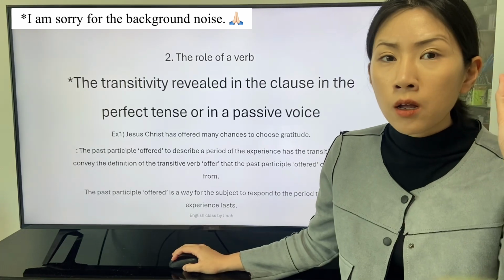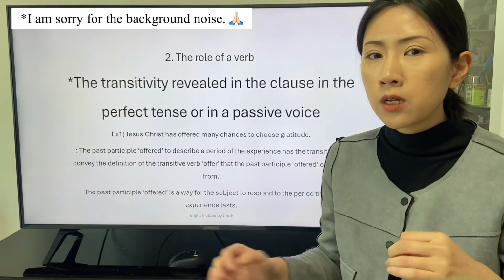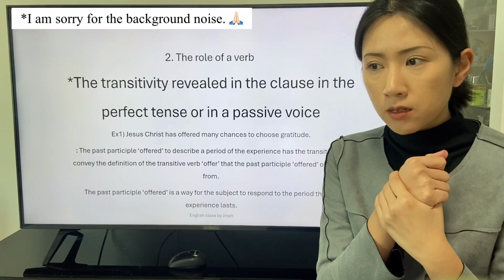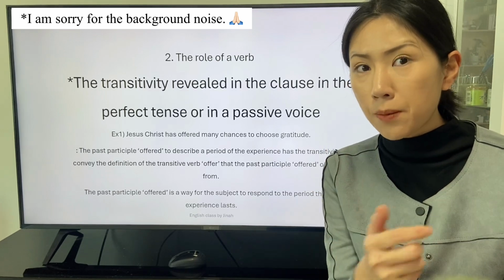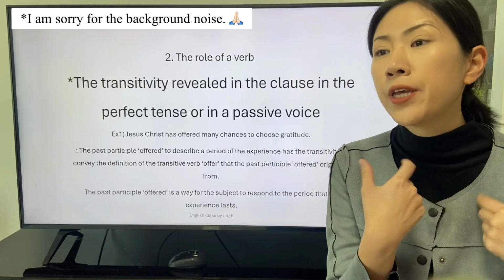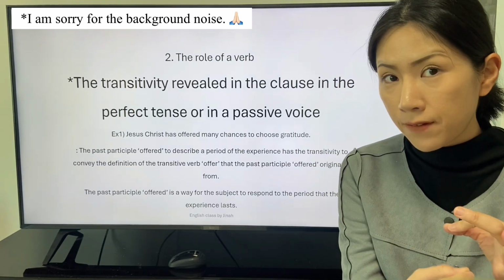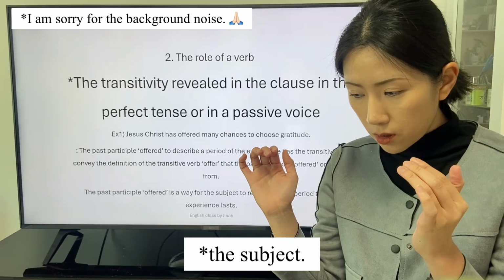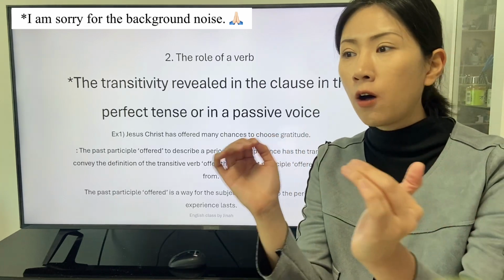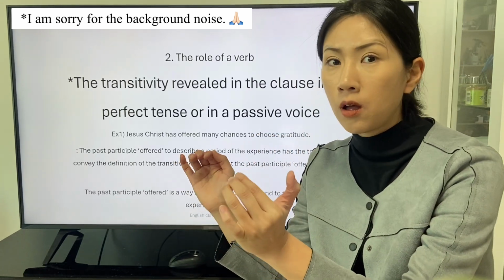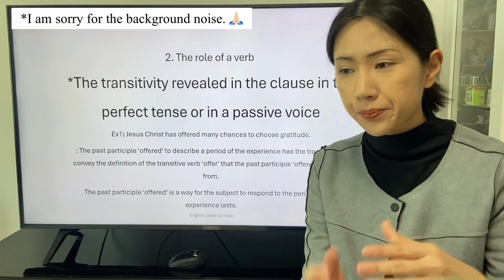So the past participle is converted from the verb offer to reveal the perfect tense to describe the experience of the original form of the past participle as a verb